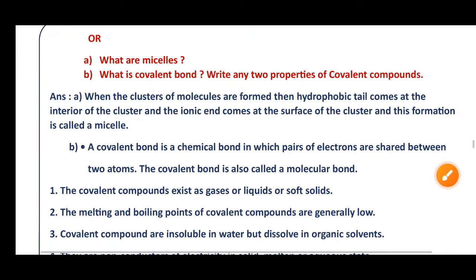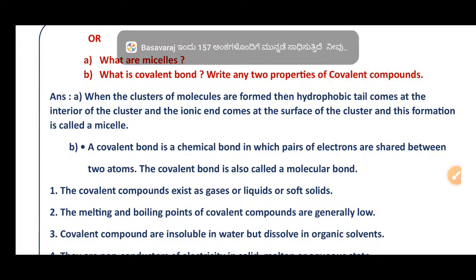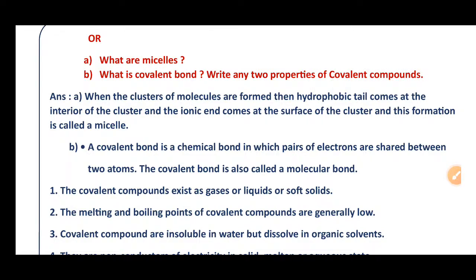For this question, another one R type question they are asked. What are micelles? What is a covalent bond? Write any 2 properties of covalent bond. Then see micelles. When clusters of molecules are formed, then hydrophobic tail comes at interior of the cluster and the ionic end comes at the surface of the cluster, and this formation is called as micelle, where it occurs whenever